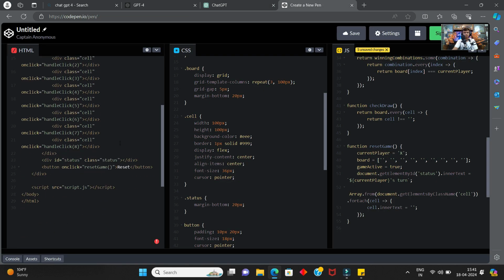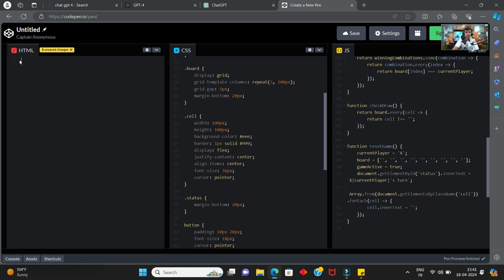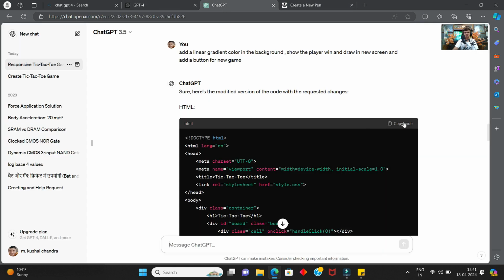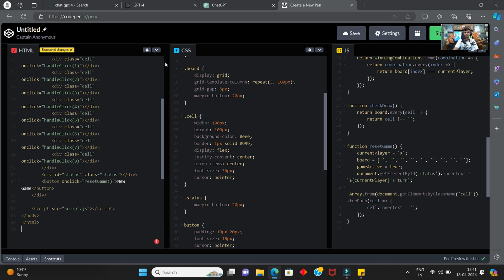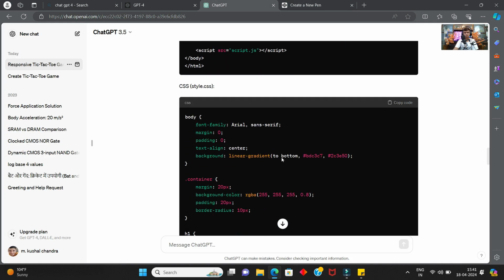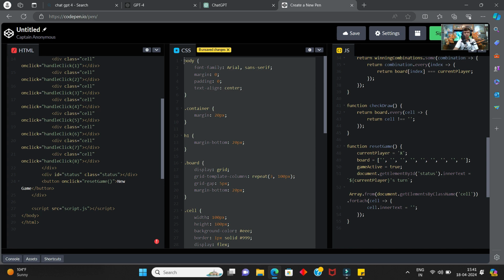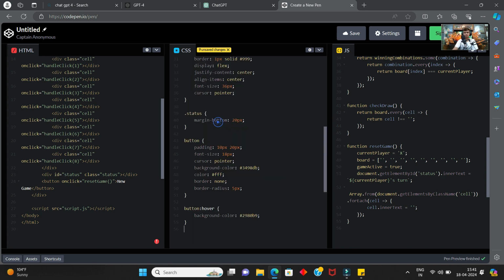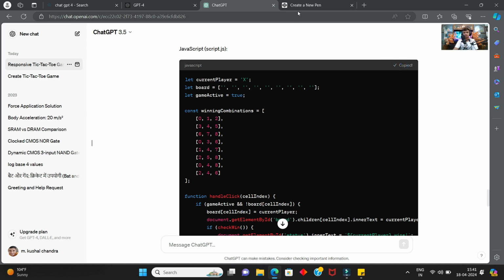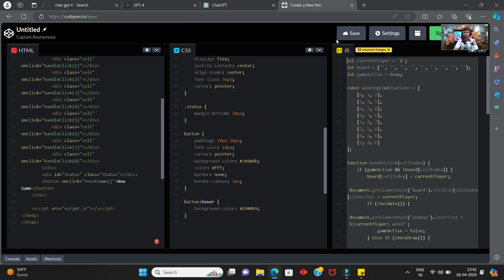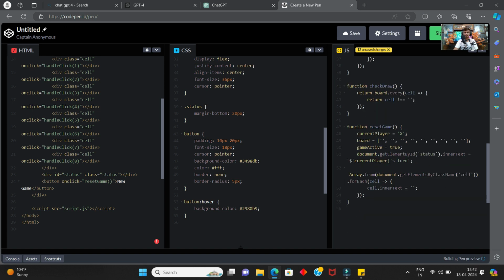Okay, let's copy it, remove the first code and replace it with the second code. I am copying it and pasting right here. And now I am selecting this CSS code and pasting it. And now the JavaScript code. I am removing the last one and replacing it with the new one. Okay,